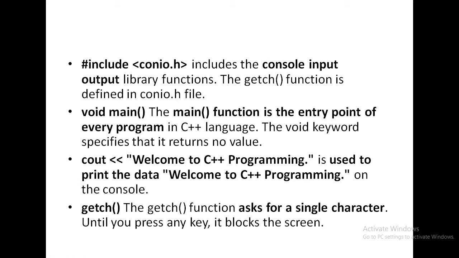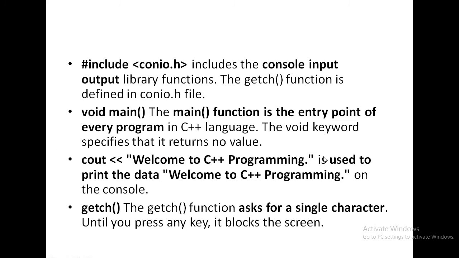Then what is the working of void main? You know, the main function is the entry point of every C and C++ program. What is the meaning of void? The meaning of void is that the main function does not return anything to the operating system. If a function does not return any value, then the return type should be void. Since main is also a function and it does not return anything, the return type of the main function is void.